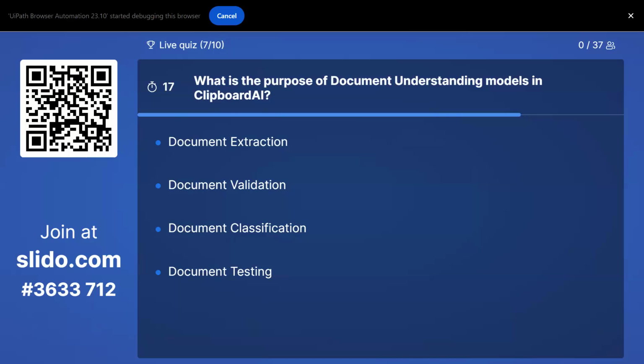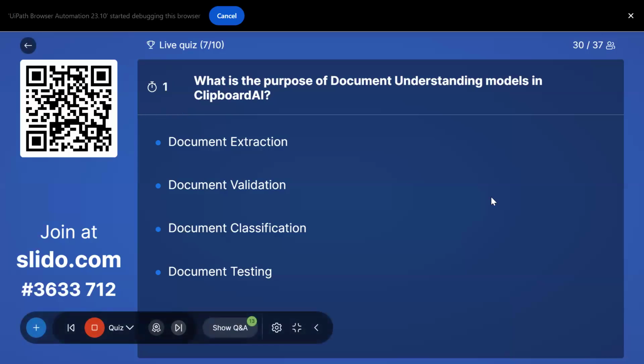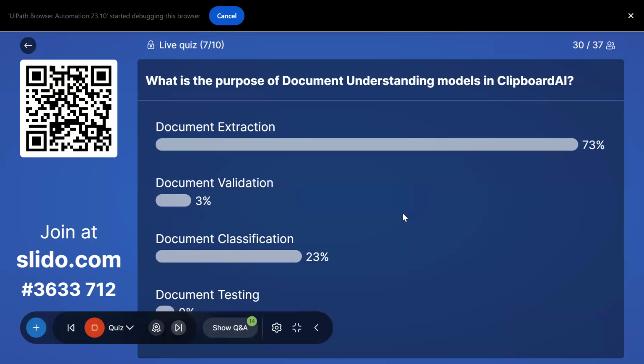So in Clipboard AI, what do the document understanding models do? What is it there for? Okay, this is such a disappointment, guys.